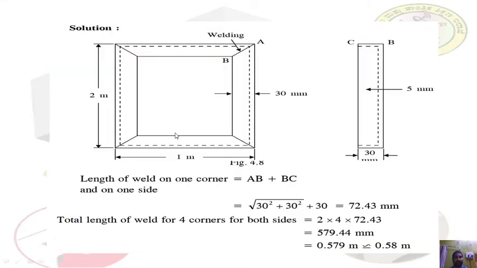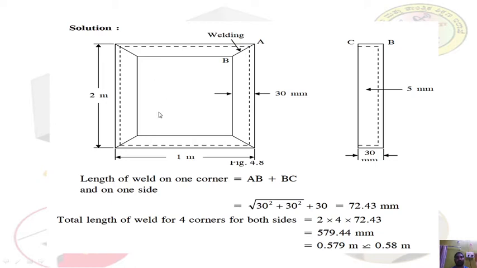So this is the gate, a rectangular gate. The height of this gate is 2 meter and the width of this gate is 1 meter. The angle used for making this is 30 size. This is 30 and this is 30, this is the side view, 30 into 30, and the thickness is 5. In order to make this gate, we have to cut like this, because we are joining the angles at 90 degrees. So you have to make the edge preparation like this, cutting exactly at 45 degrees.